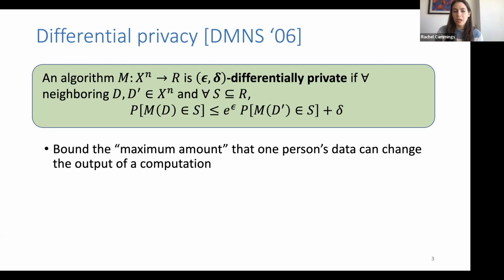Effectively, this is saying we're going to bound the maximum amount one person's data can change the output. Only we're talking about the distribution over outputs, not necessarily the realization of the output. This is helpful to think about in this neighboring database paradigm, where maybe this is the world with your data, and this is the world without your data. Or maybe this is the world in which you are truthful when you provide data, and this is the world in which you lie when you provide data. And we're saying that no matter what collection of bad outcomes you might be concerned about, those bad outcomes are going to happen with about the same probability,